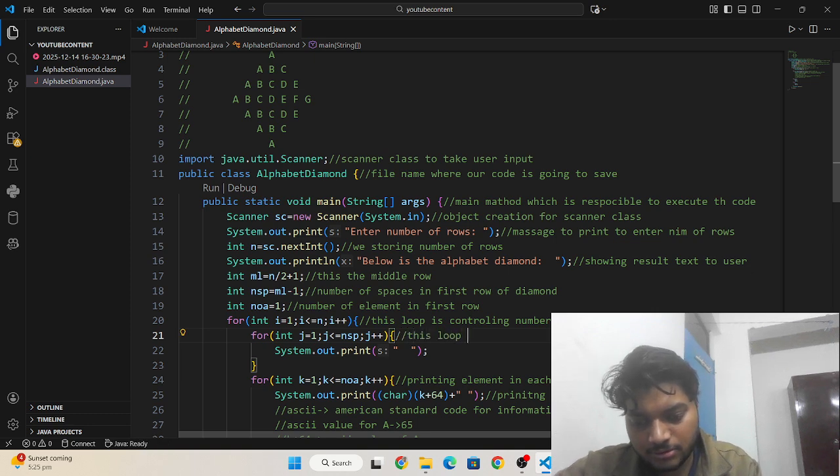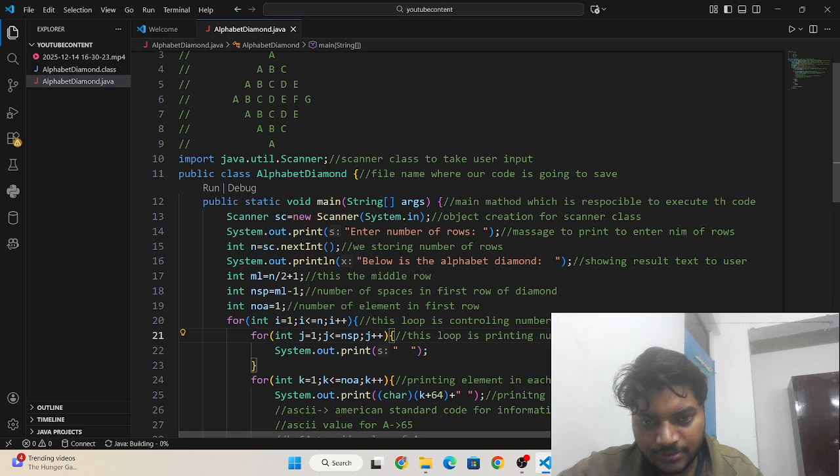This loop is printing the number of spaces in the row.